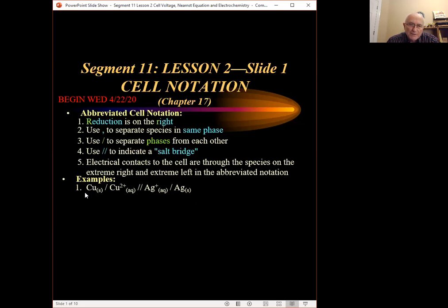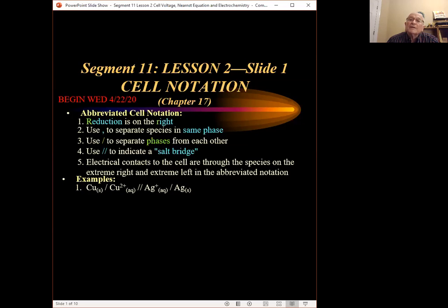So the copper is going to come from the copper electrode. And so the copper and the copper ion would be in that cell. In that reaction, copper is being oxidized. So that puts it on the left side of our